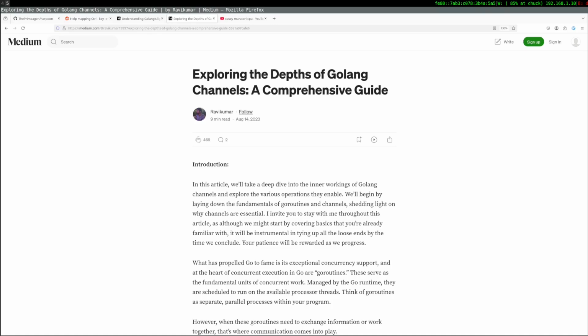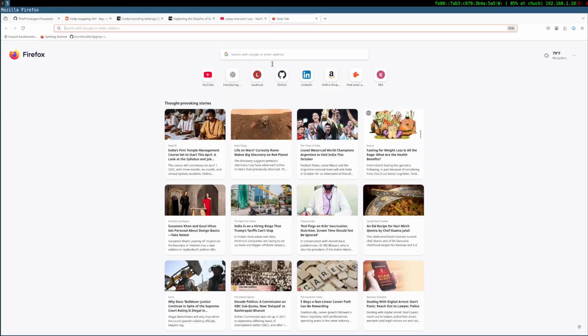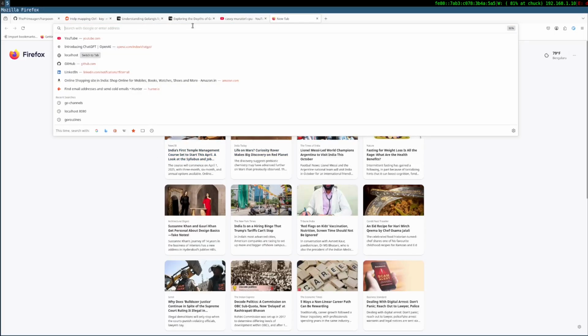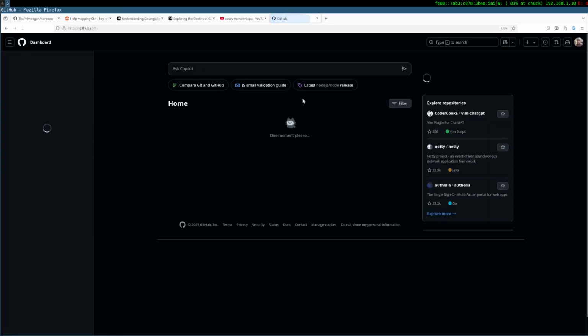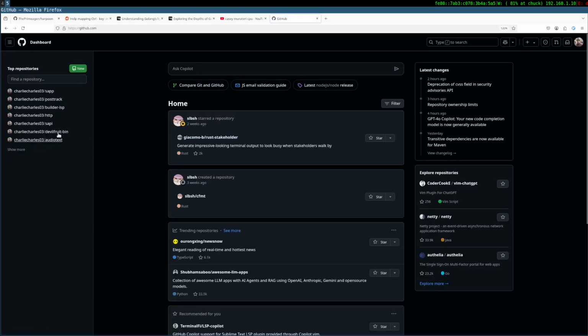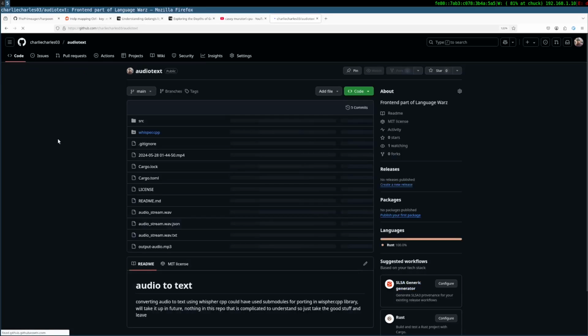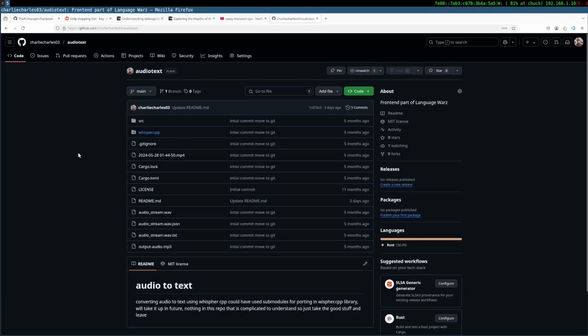We can go back and work on whisper.cpp, which I used to work on on GitHub. That's a fun project. I can do audio to text. This would make more sense. This is my repo. Converting audio to text using Whisper.cpp.